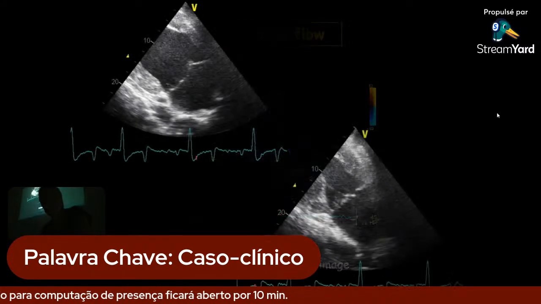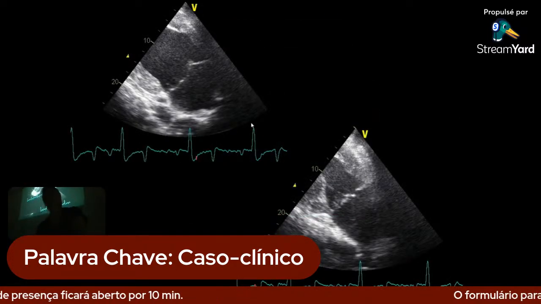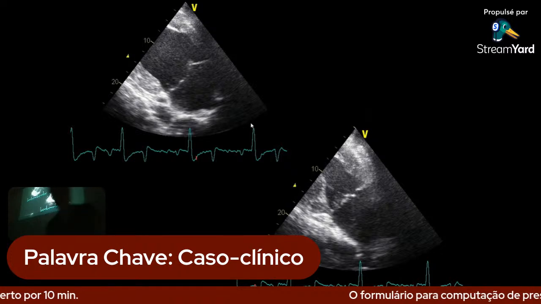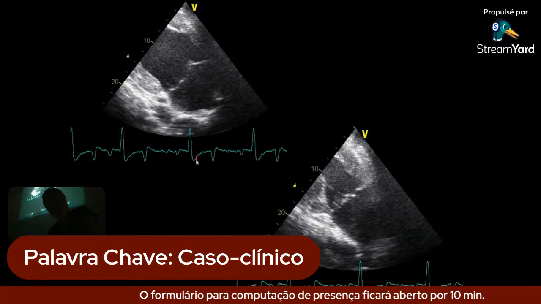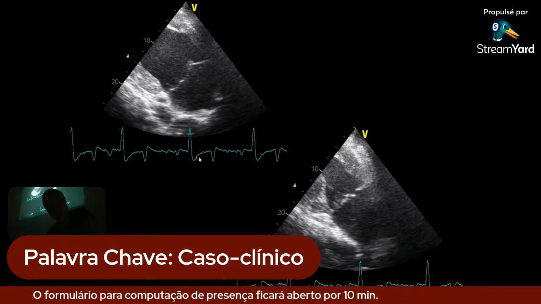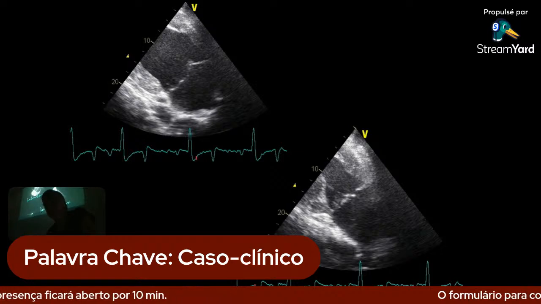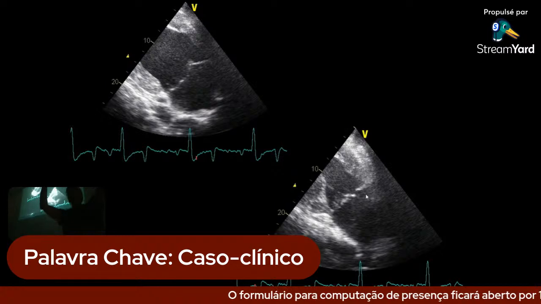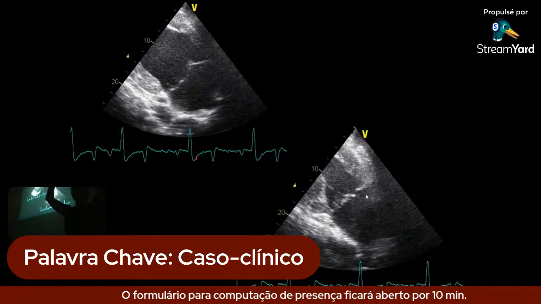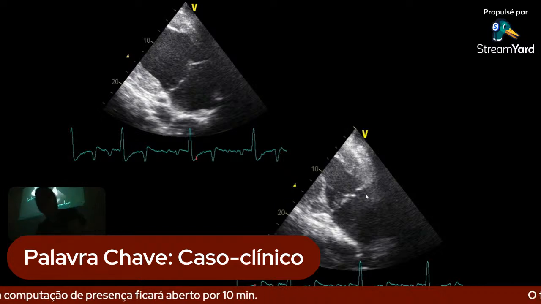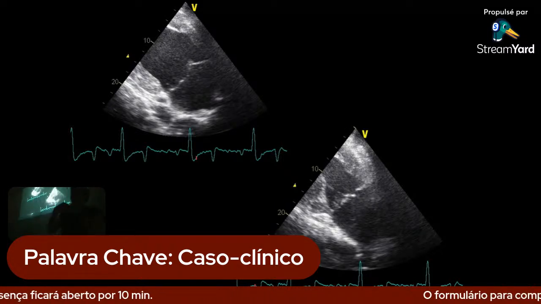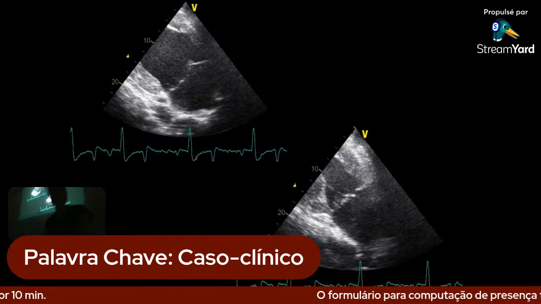And that's it. Okay? And if you look at the valve more accurately, you see that the valve first closed normally. We are in the systole here, beginning of the systole, and at the end of the systole, here we are nearby the T wave, you see that the valve does a small prolapse in the direction of the left atrium. And this is characteristic of mitral insufficiency, but associated with a prolapse of the valve at the end of the systole.